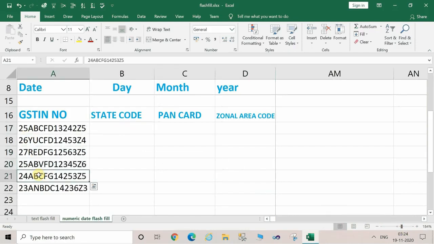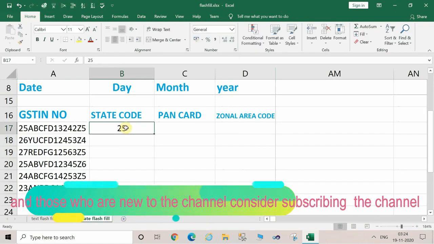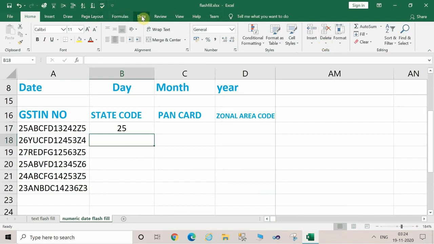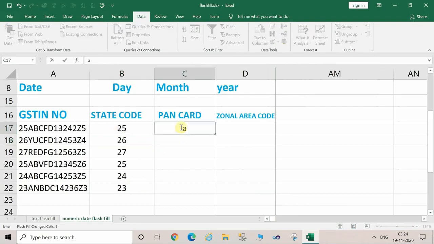Okay, so we'll write here manually the state code, which is 25 in the example. It's imaginary data, don't get emotional with the data. So by pressing Control E, the entire column will fill up with the state code.